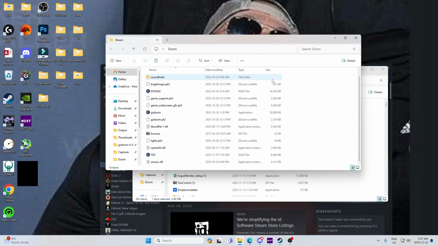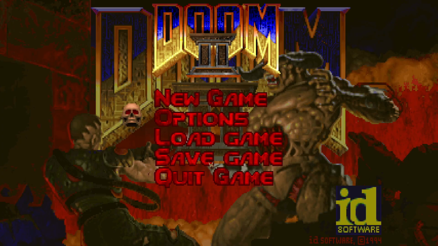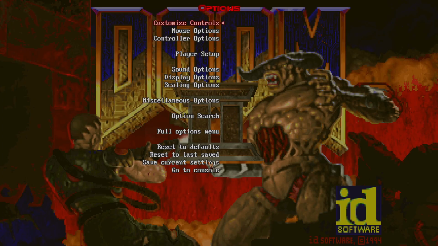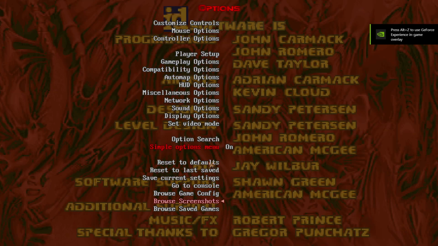Alright, so settings. There are lots of settings to use in GZ Doom, so let's just head into GZ Doom real quick, and I'll show you guys. Alright, so if you head down to the options section here, let's just open up the full options, and you have tons and tons of options. As you can see, the main ones that I feel that you need to know about,